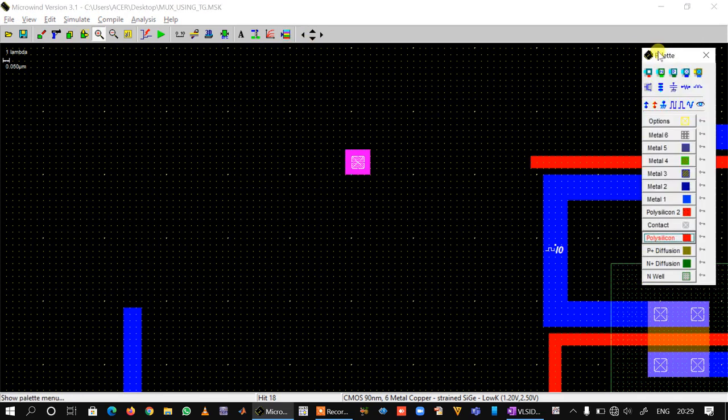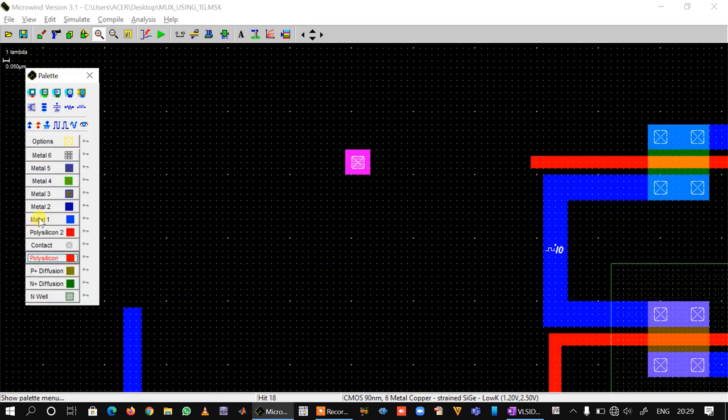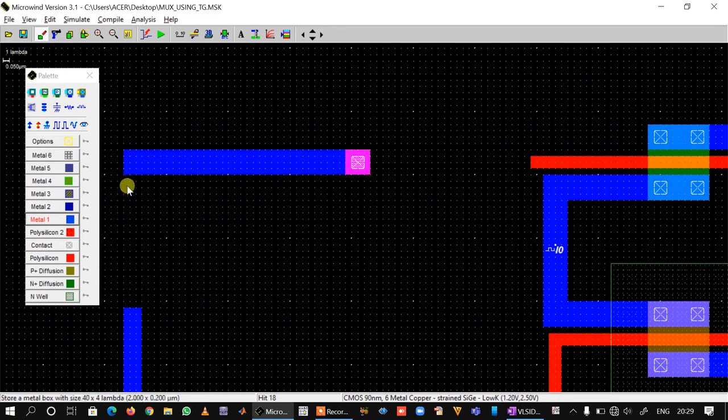So we will take metal 1, similarly take polysilicon, connect it here.